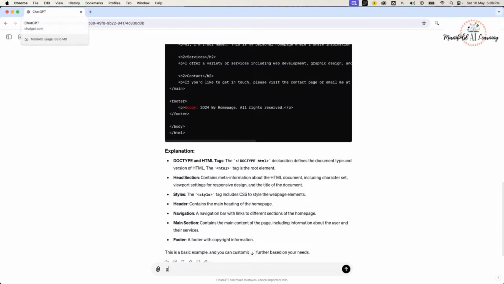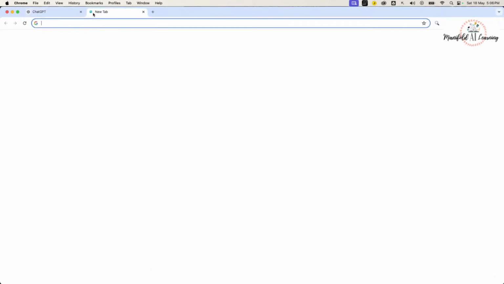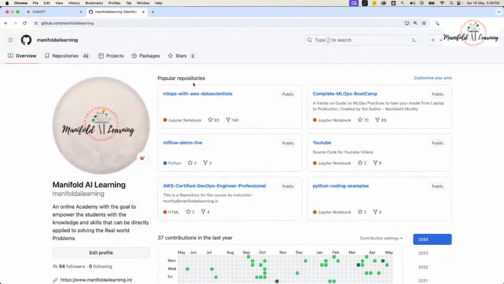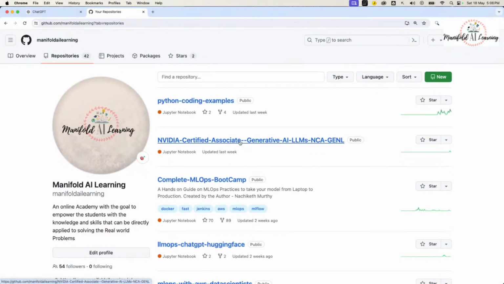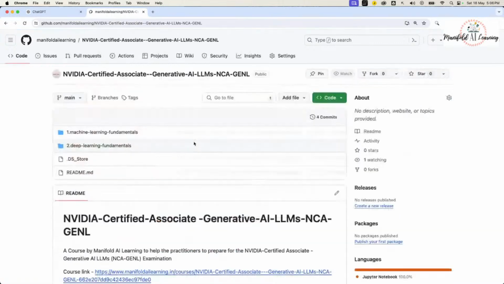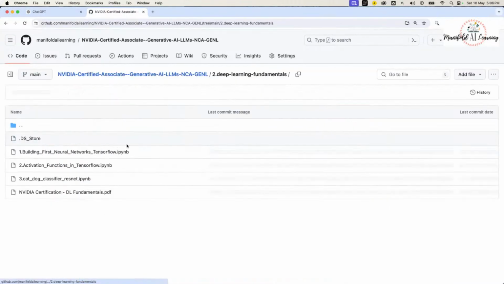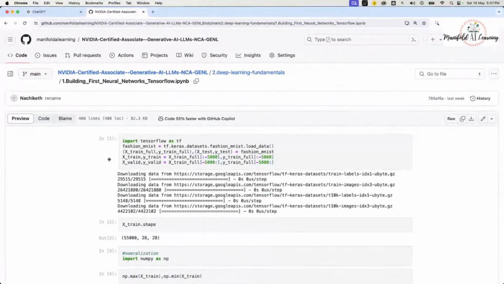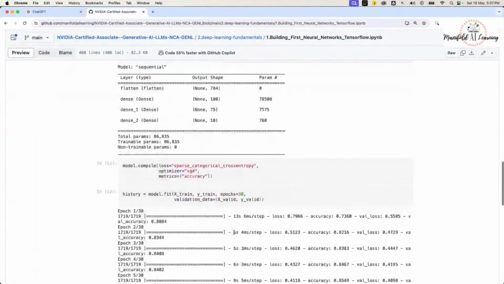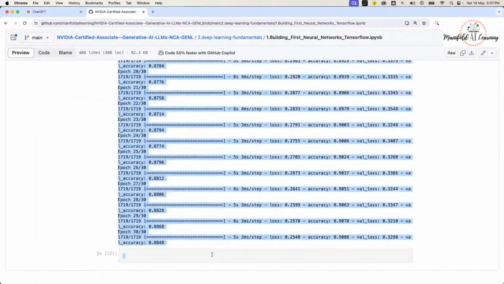Let's say you have developed some code. Let me take one of the notebooks from one of the courses that I have got. Let's assume that you have created a code and you want to understand what is present in it and improve the documentation. Let's say this is one of the codes we have, which explains a deep learning neural network.